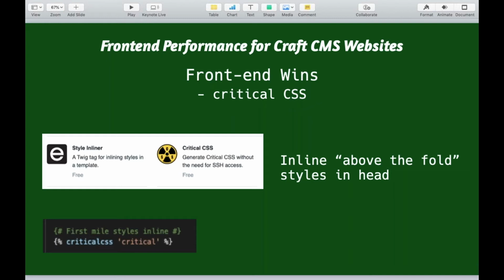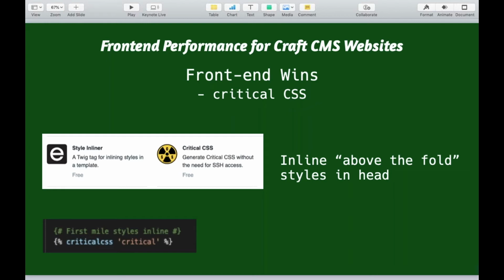And that way the browser is able to quickly render those styles for anything above the fold, and that's going to give that perceivable performance to the front-end viewer quicker and better. There are some catches to that, and I'll go over those in a second, but for Craft,